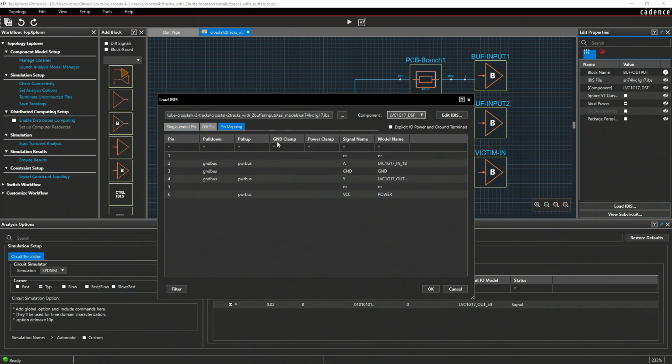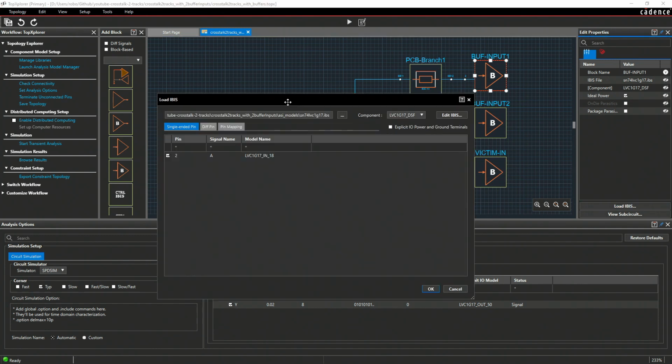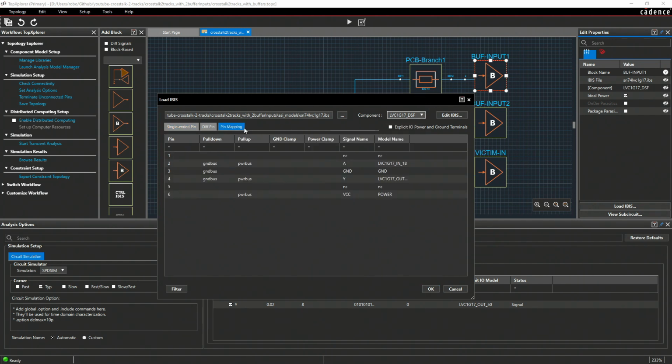I set up the pin mapping, and that's everything. For input, it is very similar. I use this receiver IBIS element. Then I set the IBIS model for this element, selected the specific component, and set the pin mapping.